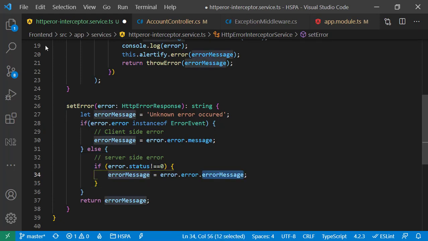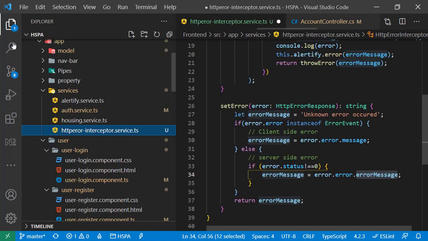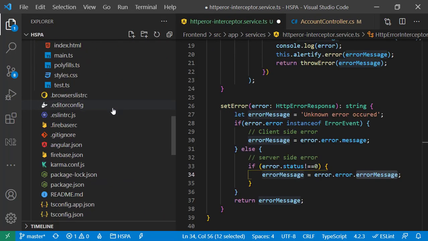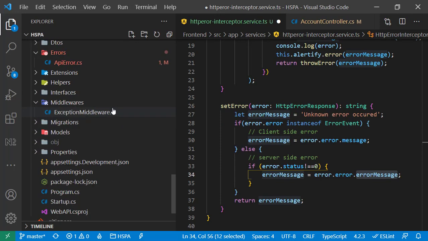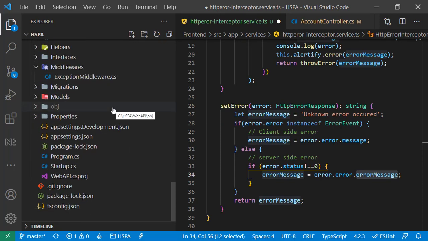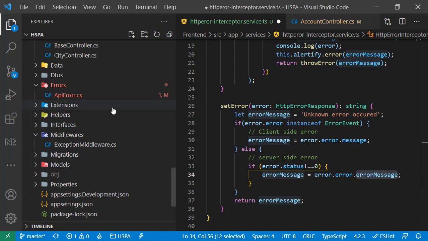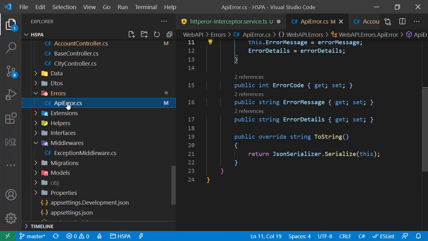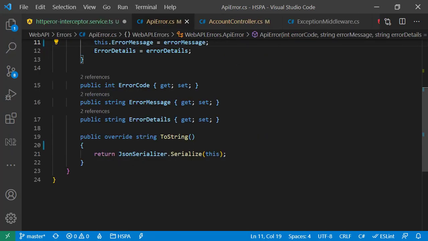But I do not want to go with this approach and would like to keep the same standard for all the error nodes. Let's correct this behavior at API level instead of renaming it to Pascal notation. So go to the API error class, and here we are serializing this object.